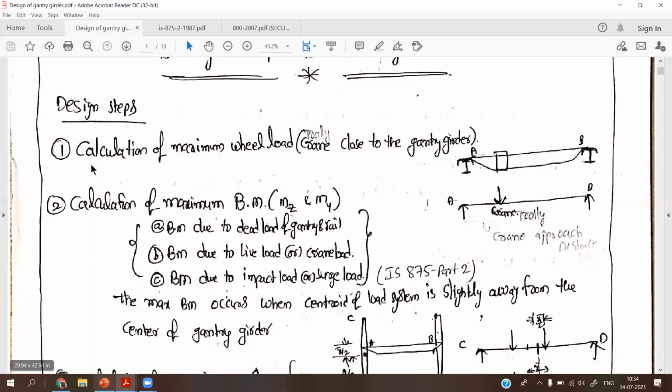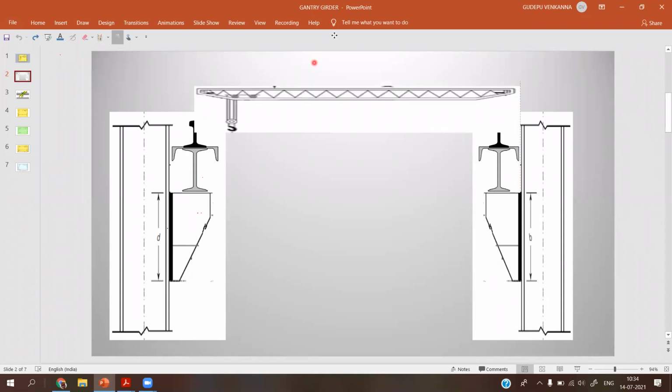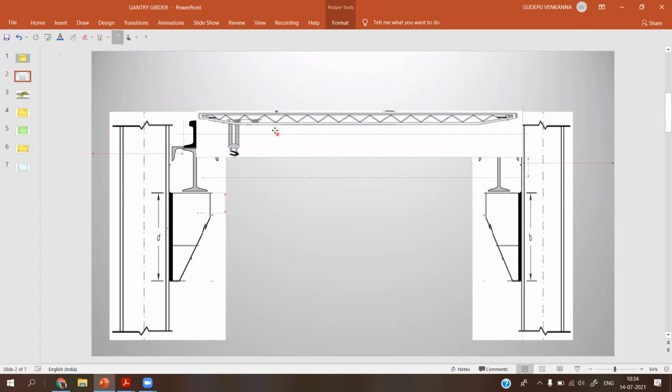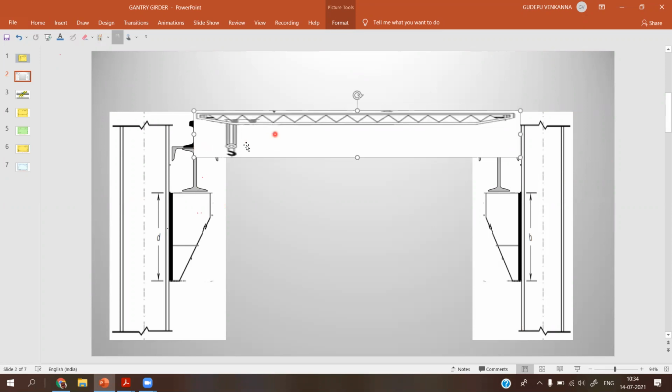So this is the point. Okay, so this is the gantry girder. Combinedly, the channel and I section along this member, we are providing a rail section. The entire gantry girder is placed on this rail section. On this rail section we are providing the gantry girder, and this gantry girder carries the crane girder. This crane girder with hook or trolley moves along in this direction or in this direction.